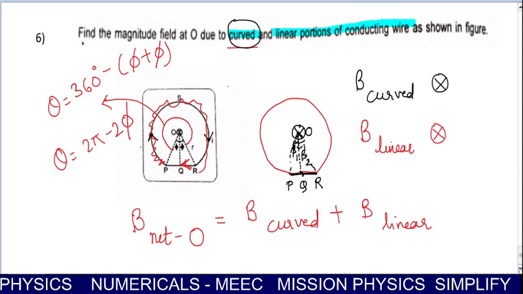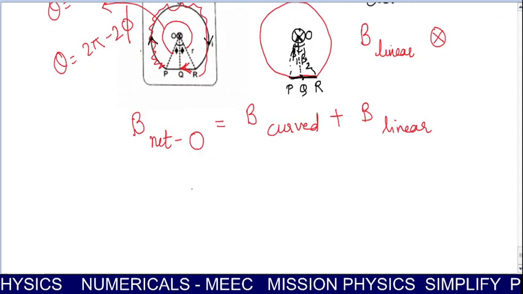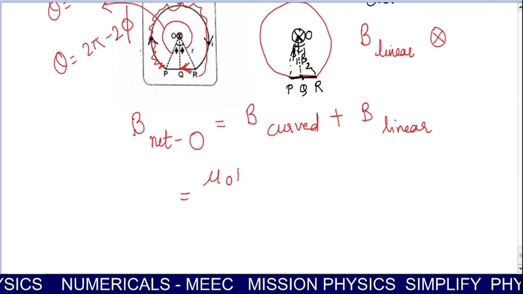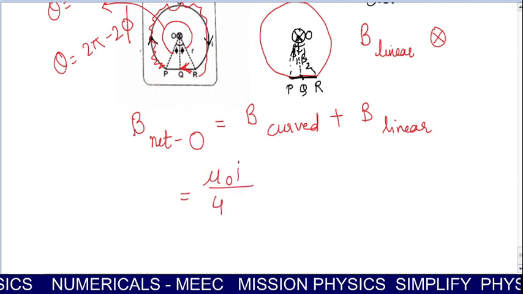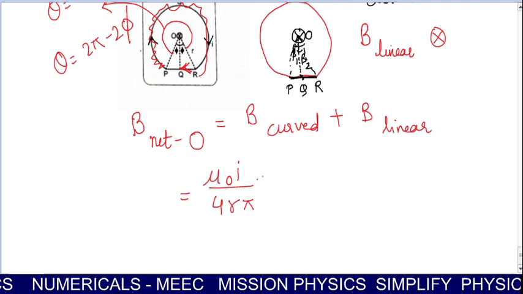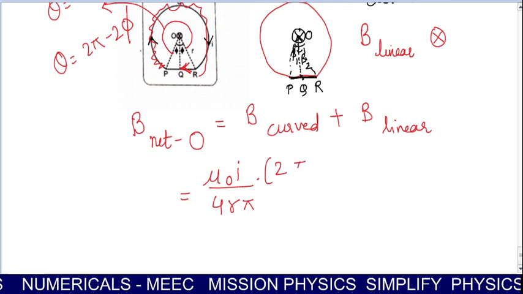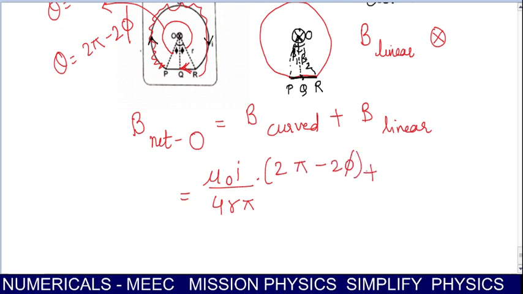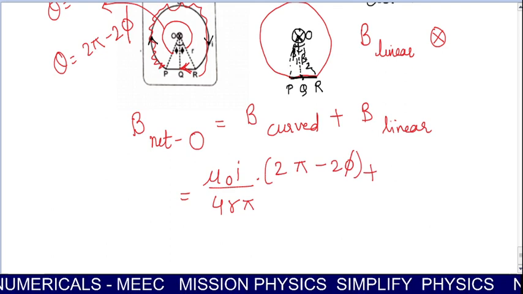Now we will be putting the magnetic field due to the curved part, which is equal to mu naught I divided by 4 pi r into theta. तो थीटा के प्लेस पर आप ले लेंगे 2 pi minus 2 phi